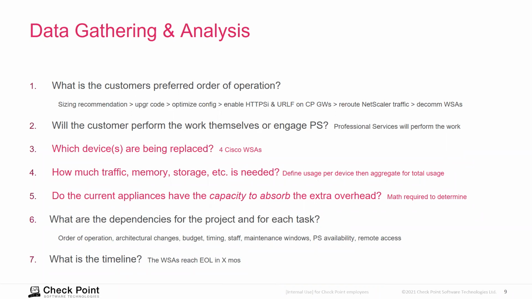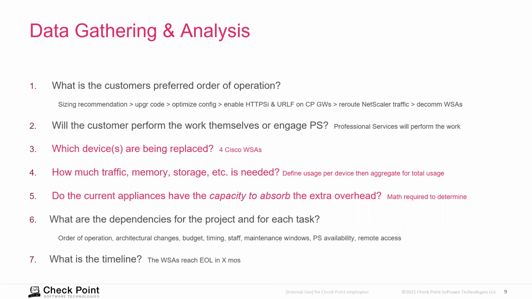So how much traffic, memory, storage is needed? Okay, we need to define that usage per device and then aggregate the total. And I'll show you my spreadsheet in a moment. And then do the current appliances have the capacity to absorb the extra overhead? So math is required for this. So what is the extra overhead? You don't just turn on HTTPS inspection and URL filtering without having some policies to limit what's actually being inspected